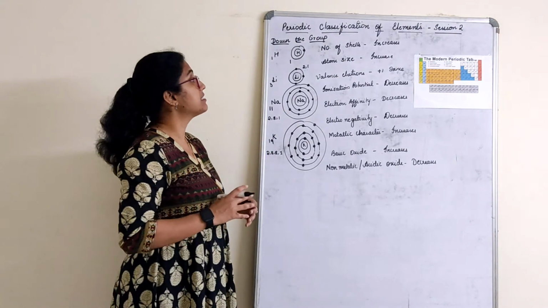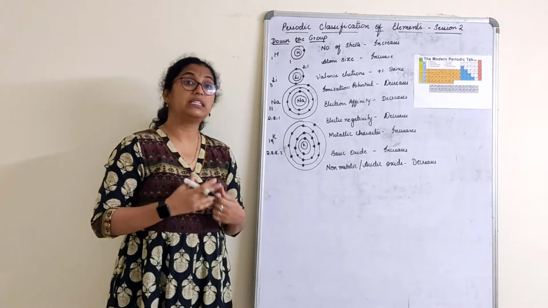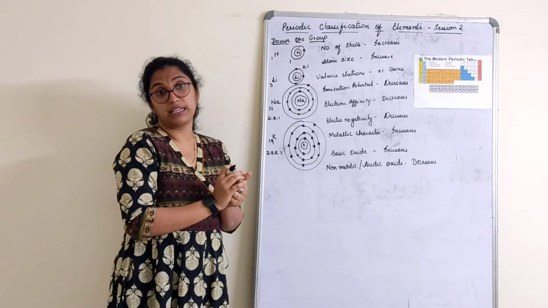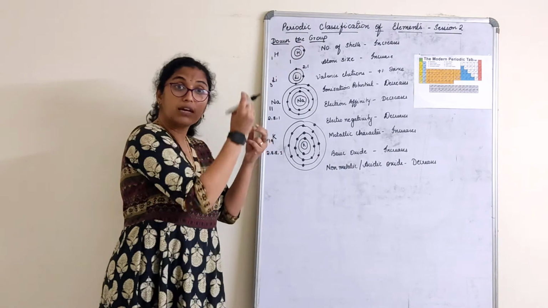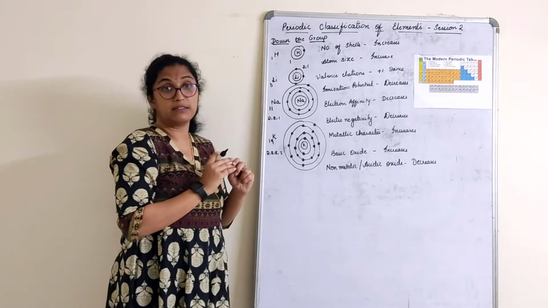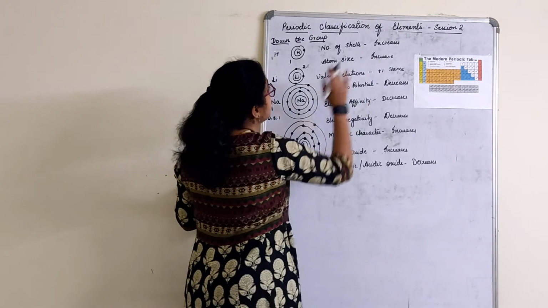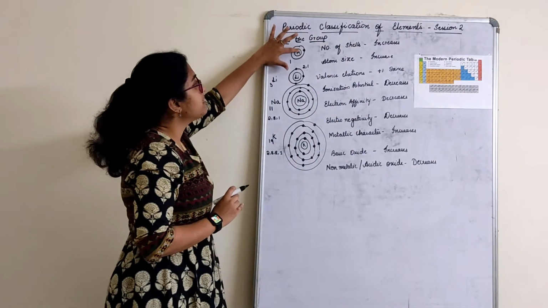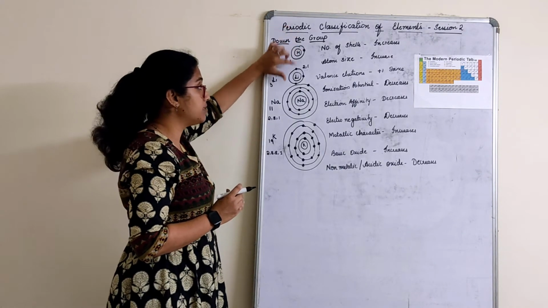Atomic size is something where the electrons are placed. How easy it is for the nucleus to capture those electrons, I can say, or how easy it is for the electrons to come down to its main thing here, right? That we have to check here. So, atom size increases, I have given. Why? Because, now see, it is very easy for the nucleus to capture this electron.